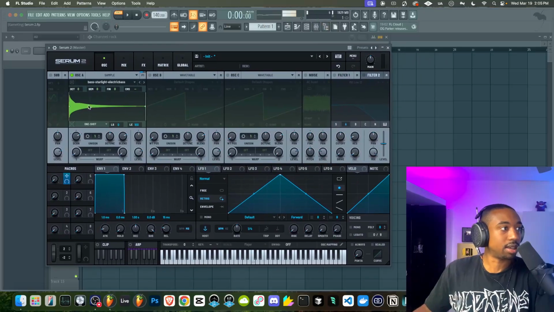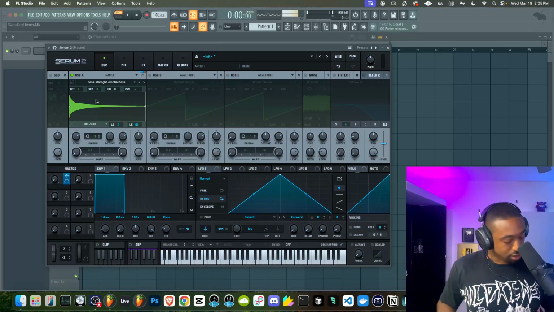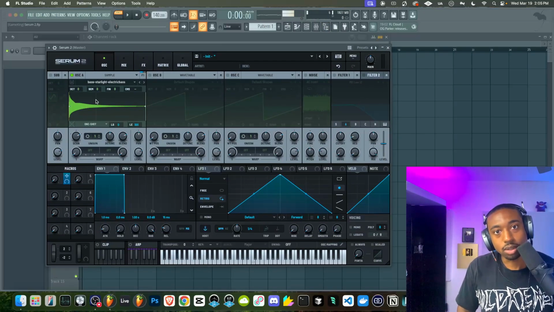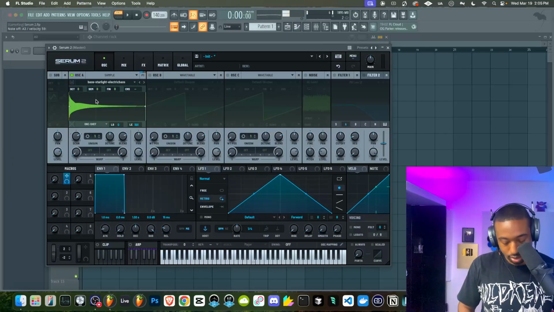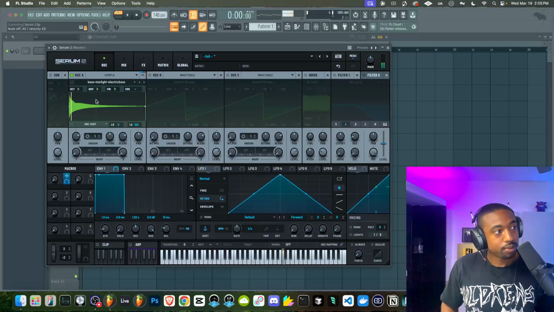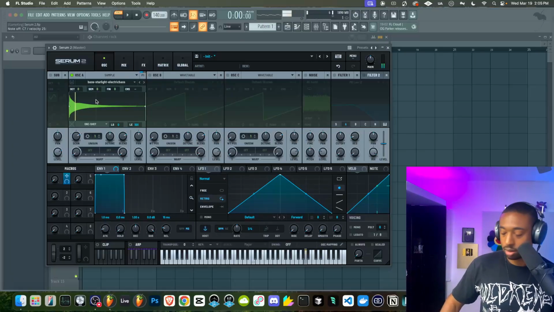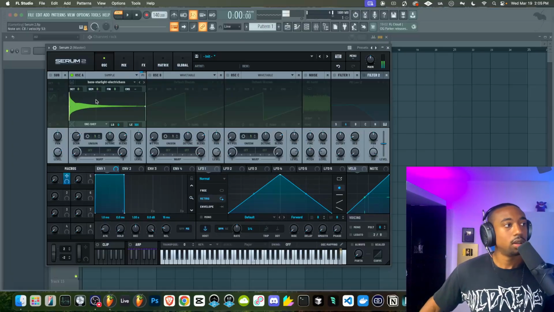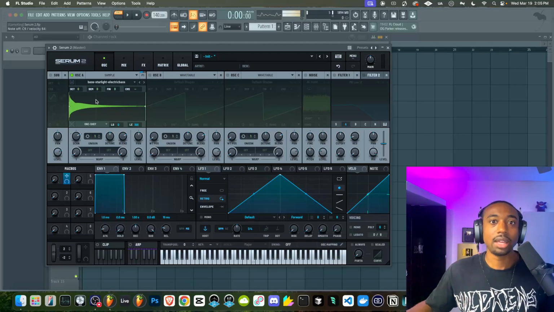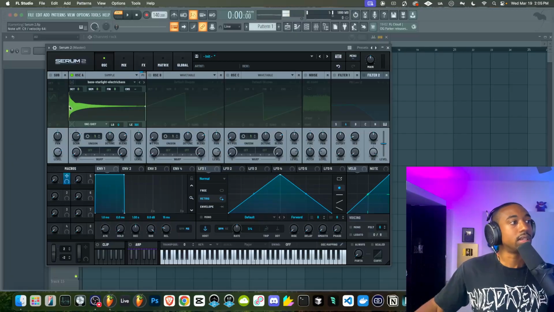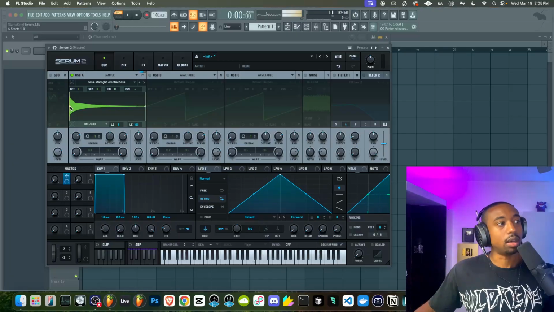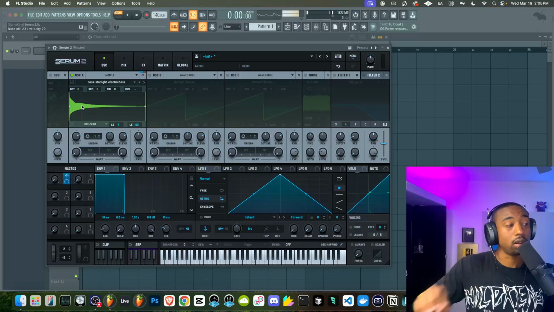But what I'll show you guys is a couple things. So again, we could just play this one shot. This is how we used to do sampling, which is just play this one shot. And it sounds a little thin and stretched once you get to the higher notes. And that's just a classical issue you have with sampling one note. And that's why